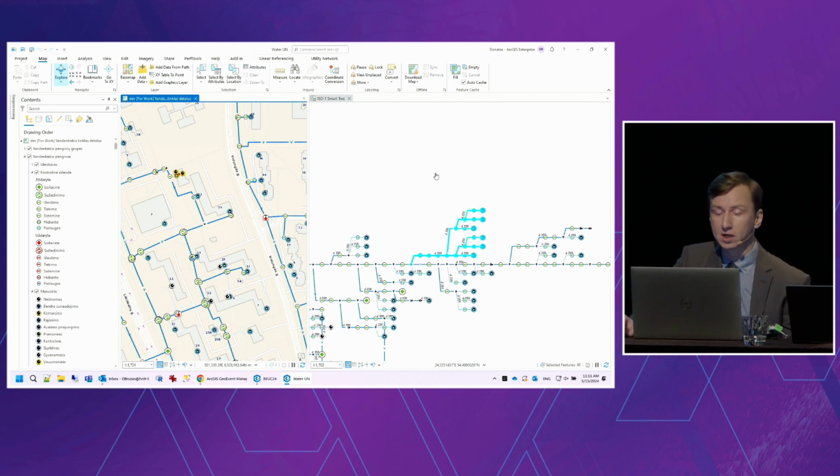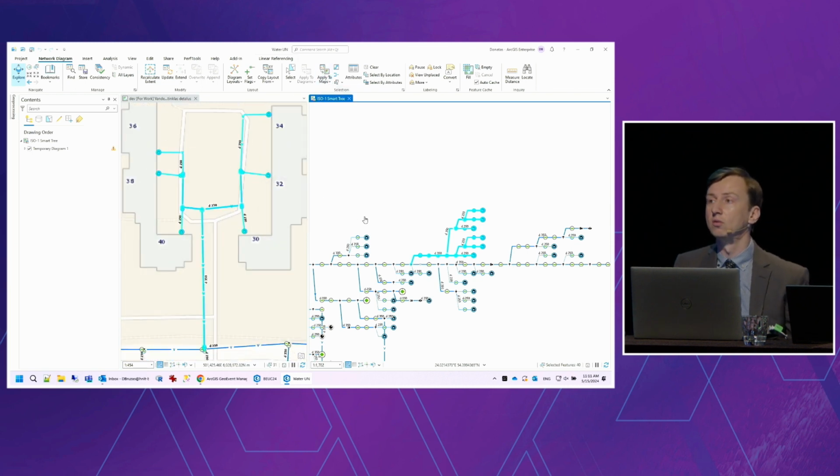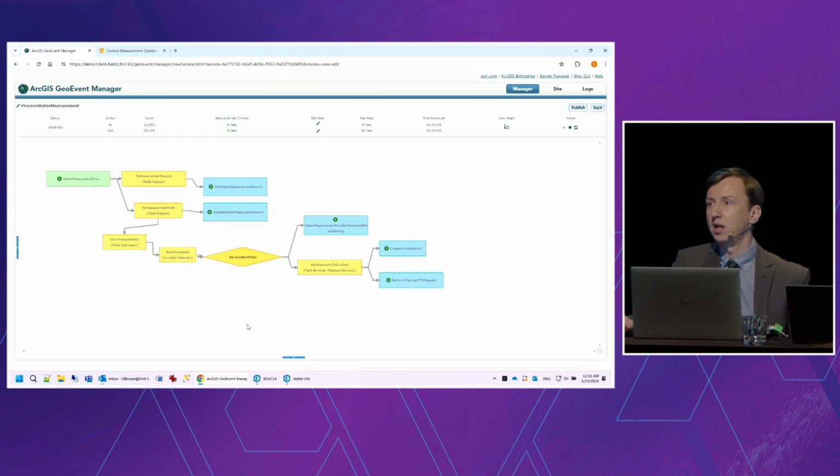So for example, here I am going to show you where this sub-branch of the network is just by simply clicking one single button. So let's move from this to something even more amazing. I am going to turn this into a real-time system. To do that, I have a GeoEvent-based service, which is